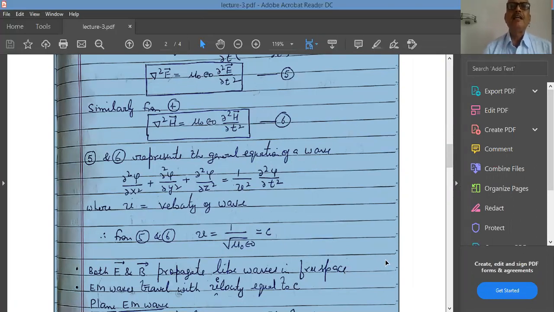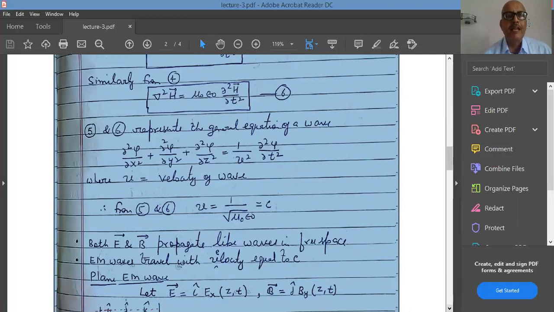So just by the one thing about these two equations is that all the three components of the electric field and all the three components of the magnetic field in general can be obtained by solving equation number 5 and 6. Both E and H can be solved on the similar footing. That means if you know how to solve E, you can make use of the same law to solve H also. So both electric field vector and the magnetic field vector propagation is nothing but the electromagnetic wave. So both E and B propagate like waves in the free space.